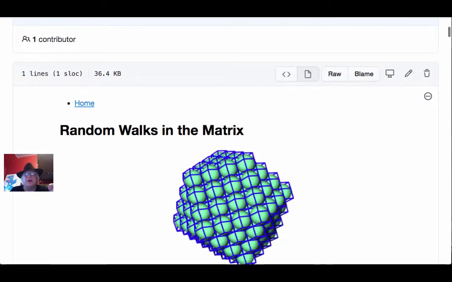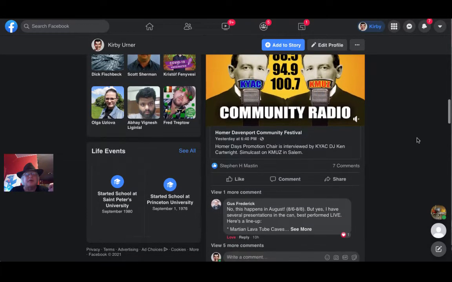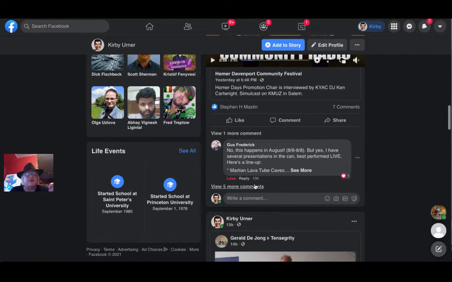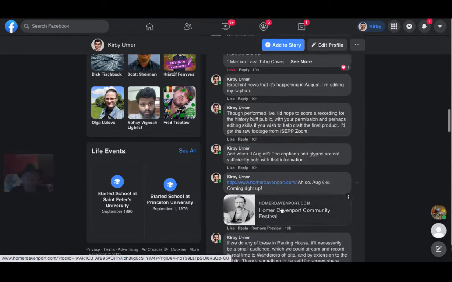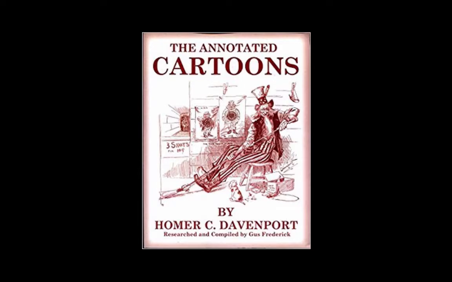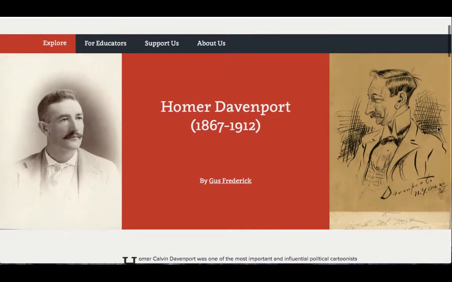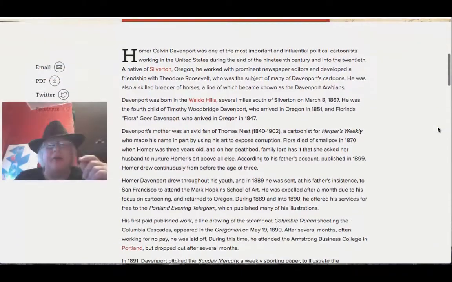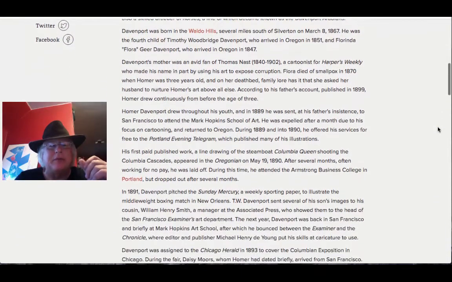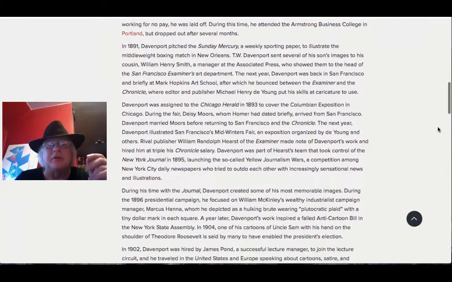Now you've seen me flashing through these pictures about Homer Davenport. We've talked about him on this channel. A great cartoonist who worked during the Hearst era with, well, what can I say, with the political cast. He made fun of McKinley, as I recall, but you know how that ended badly anyway. So yeah, Homer Davenport became a very influential political cartoonist, and not always with Hearst, right?